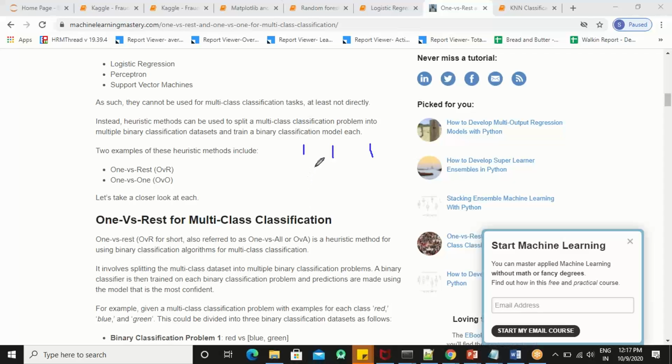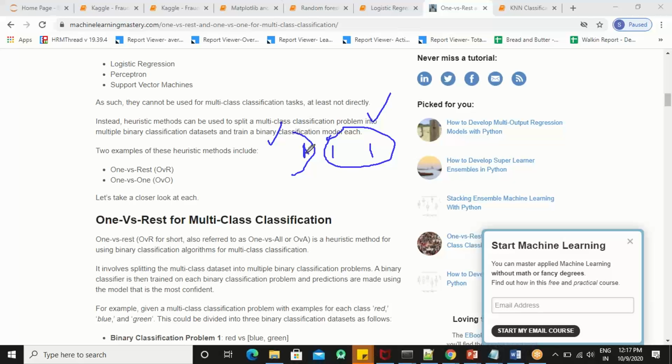So one versus rest will say you will predict for this, but consider both of these as one single group. One versus rest. तुम्हें बाकियों से मतलब नहीं है, तुम बस ये देखना चाहोगे कि क्या वो इस क्लास को बिलोंग करता है या नहीं। अगर नहीं करता है तो वो इनमें से किसी को बिलोंग करता होगा, वो बाद की बात है, बट पहले मैं सिर्फ ये देखूंगा क्या वो इसको बिलोंग करता है, या तो ये या फिर कुछ और।